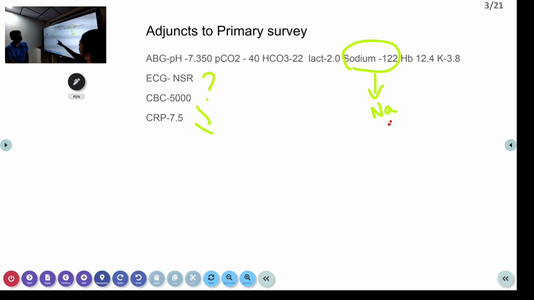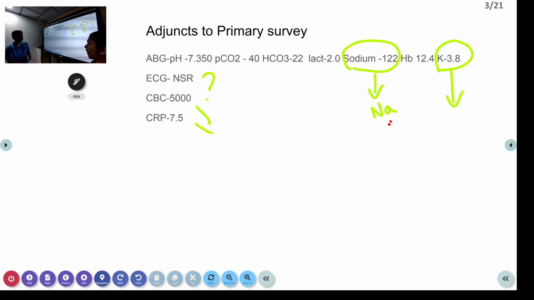Then in the ABG, what else should we check? We should check potassium. Why potassium? Because hypokalemia can precipitate alkalosis, and alkalosis can cause hypokalemia. What will happen if potassium is low? It can cause alkalosis, which can lead to